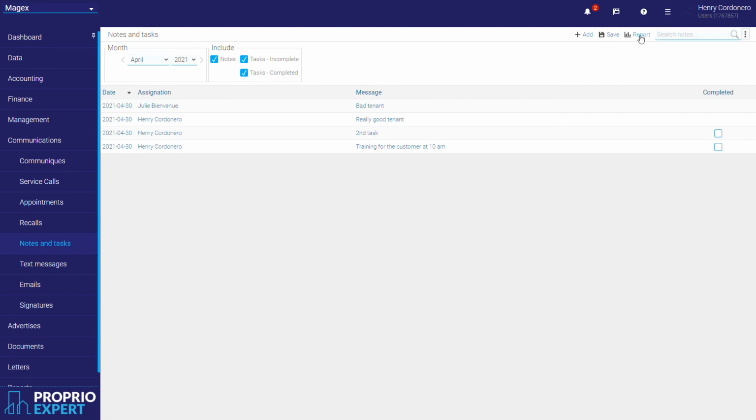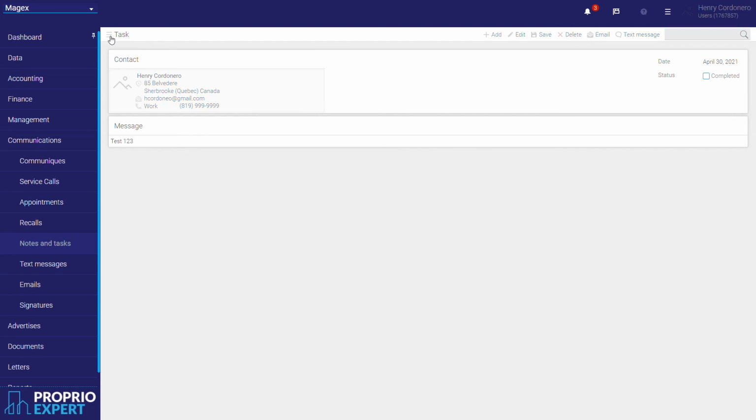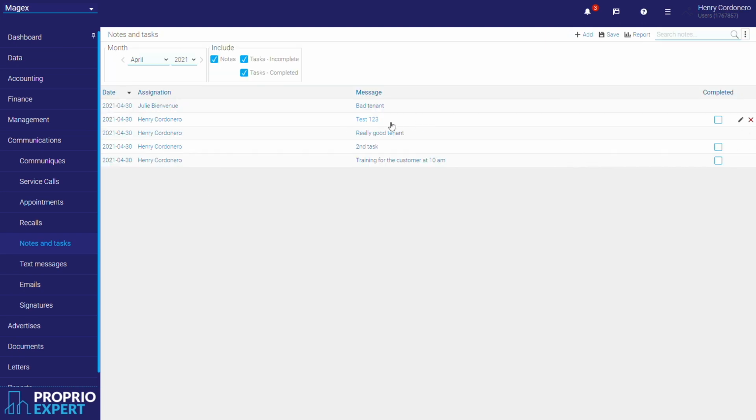Creating the task is as simple as creating my note. Just click on add. Here on type, just select the option task, select the person, and then enter, for example, the description of your task. When it's done, just click on finish. It will go back to the list of the tasks. So now I have the task that I have entered, test 1, 2, 3. Very simple. If you want to have a report for this, just click on report,